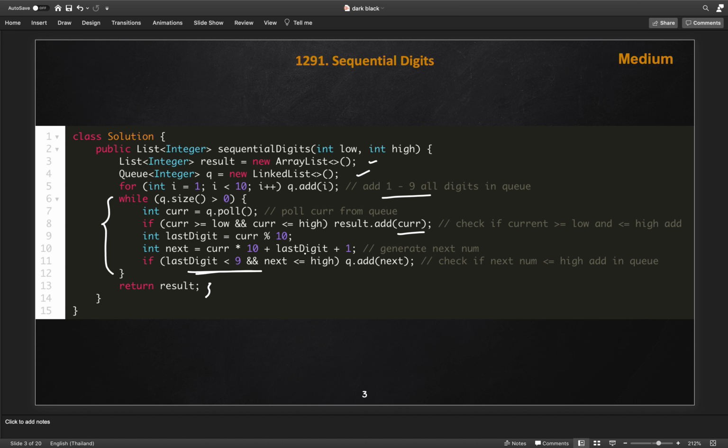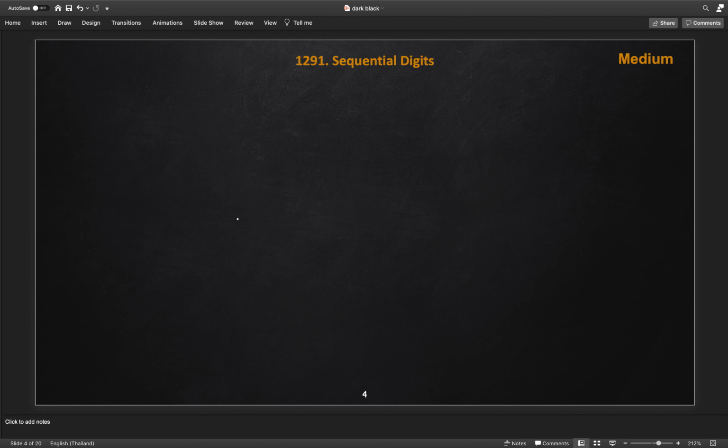So this is the one solution. So let's try to think in another way. If we create this number, let's say all the digits 1 2 3 4 5 6 7 8 9 as a string. So if this is a string, first of all we will loop over length from 1 to, let's say, 9, if we need to generate all the sequential numbers from this. So we will run a length loop from 1 to 9.